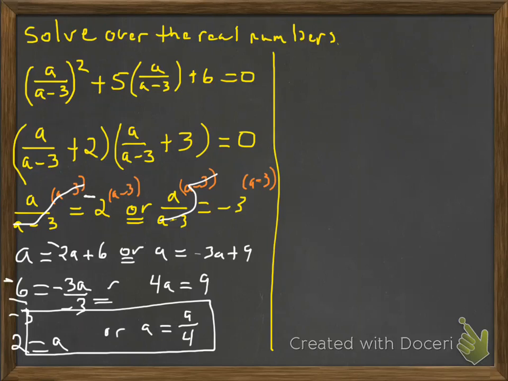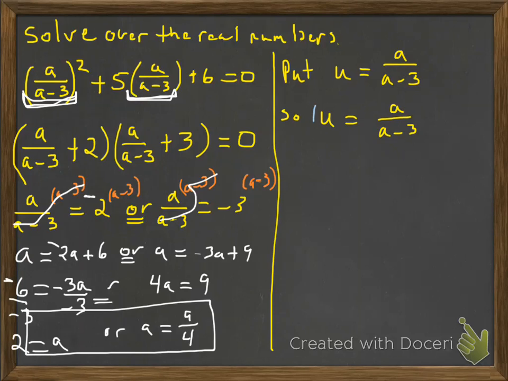Okay. Now we can also do this with a u substitution. If we put u to equal this, the a over a minus 3, then when we square u, you're going to get this piece right here. So that's what we're going to do. So we're going to go ahead and put u to be a over a minus 3. And then when we square u, we get the quadratic term. So now we can rewrite this thing here as u squared plus 5u plus 6 equals 0,